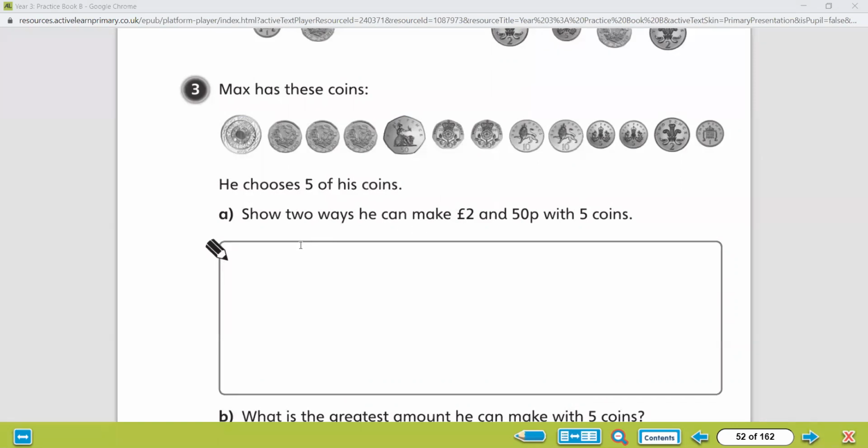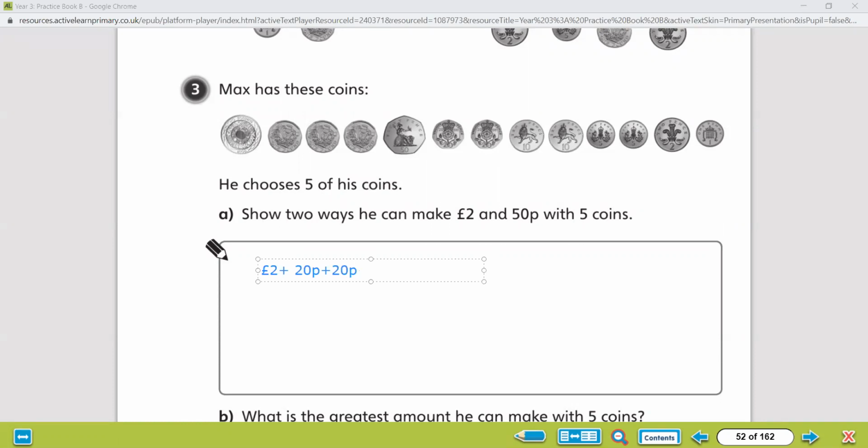So if I'm making £2, I'm going to start with that £2 coin. And then I've got to make my 50 pence now with the 4 coins that are left. So I'm going to use some of these 20 pences